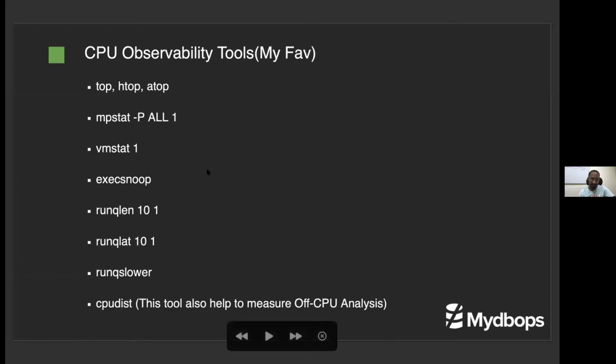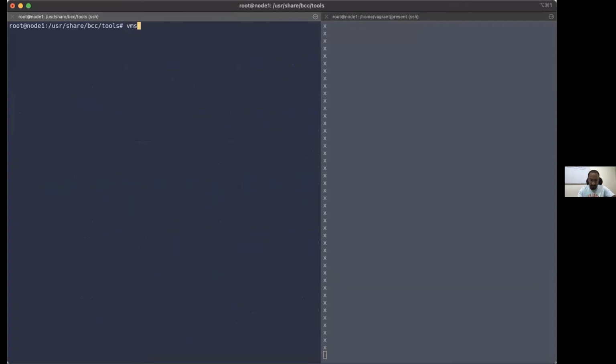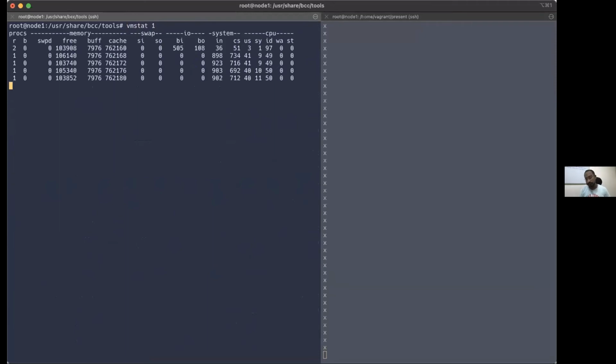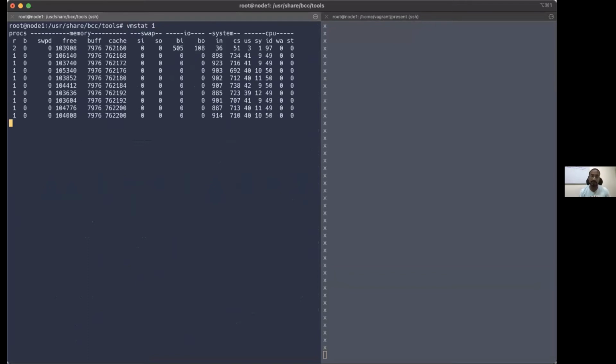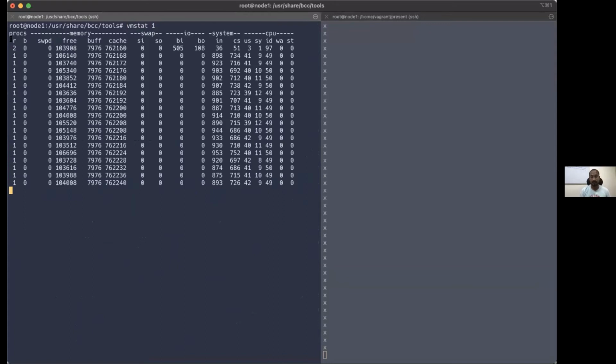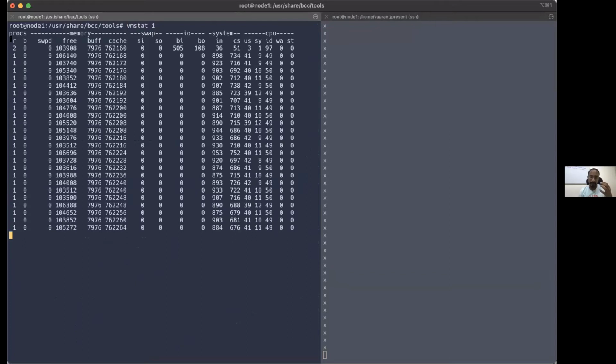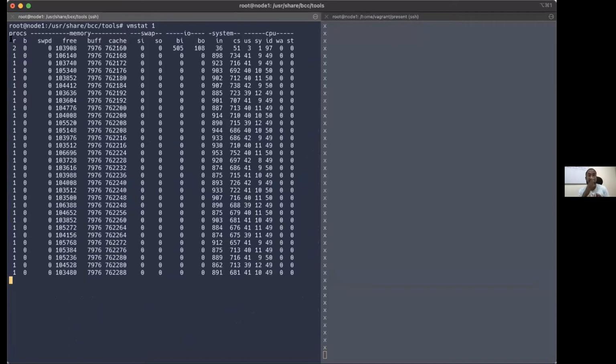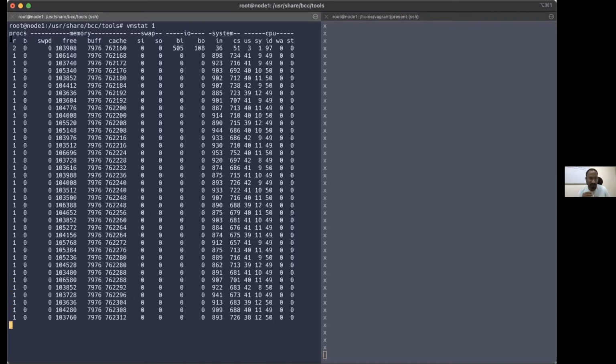The next is vmstat. So vmstat is also a very good command. Guys, vmstat is usually used for virtual memory, but there is a very important column which is also used at the processor level, that means CPU level. Here you can see this R. This is called runnable, this is the runnable process. As I told you about load, the load people see is ready-state processes, that means waiting for their turn, as well as uninterruptible sleep. But uninterruptible sleep is totally unrelated because it's related to disk operations.